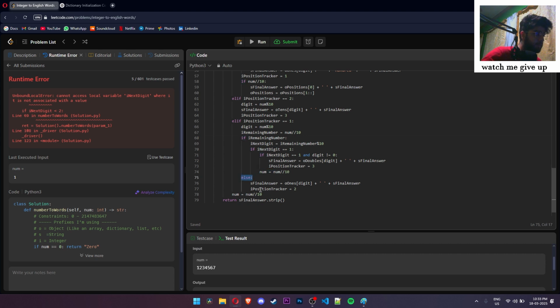I think it makes more sense to do that, yeah. Just push this back here because this code gets evaluated in any case, right? Yeah. So if the digit is 1, we check what the digit is, we check if there's a remaining number, and if there is a remaining number, then if there isn't a remaining number, then we just do this. But if there is a remaining number,